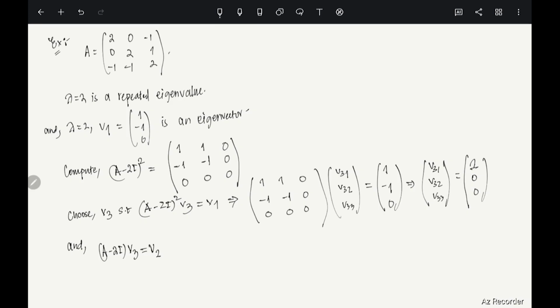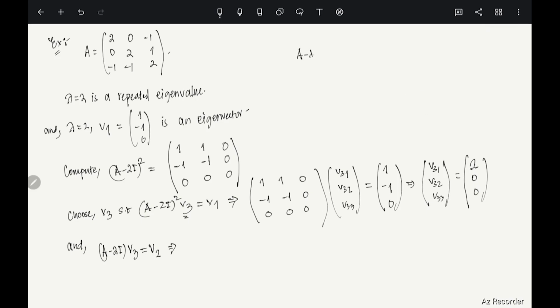Clear? So essentially using this v3, we want to get a v2, right? So how do we get it? You see, so essentially what we are doing is this. First of all,